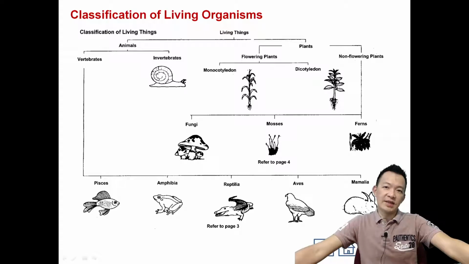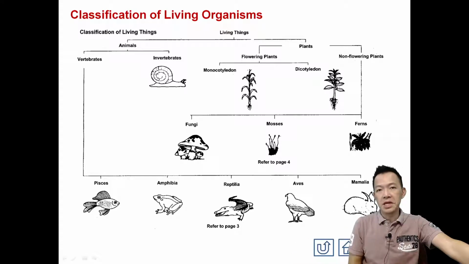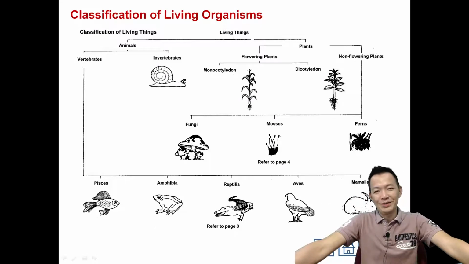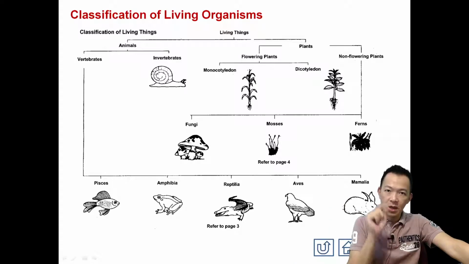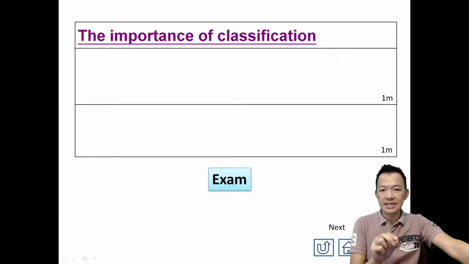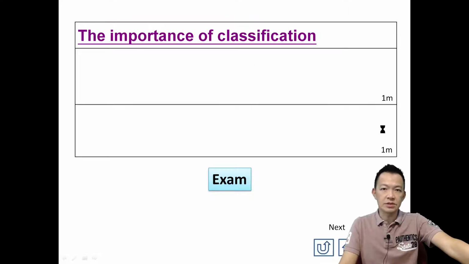When we were in primary school, when we talk about living things, our teacher liked to classify the living things into a lot of groups. Mammal, Amphibian, Reptiles. So that's why we don't like this style of title. But the problem is here. Why, when we talk about living things, must we have a method called classification? Why do we always classify living things? What is the importance of classification?